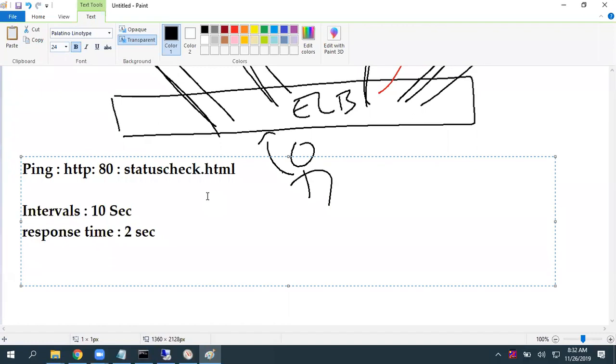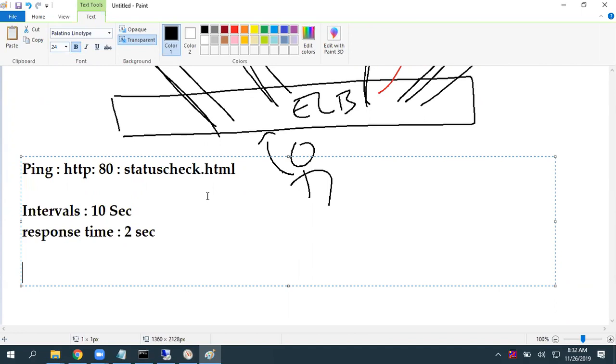Again, how many health checks do you require to declare that instance as a healthy one or an unhealthy one? That is the healthy threshold and unhealthy threshold. For example, if only one health check has failed, do you really want to stop sending all traffic? Due to some reasons, a snapshot may happen on that instance, and in that case IOPS is going to freeze, right? So I really don't want to declare the instance health status with only one health check. I'll prefer to go with 2 or 3.